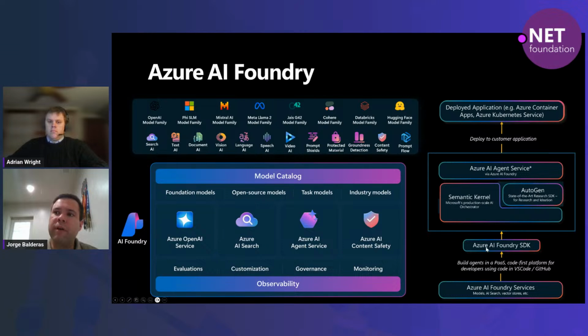The difference is that Semantic Kernel gives you that orchestration, whereas in Azure AI Foundry there's some orchestration you can build manually, but they're also compatible. So you can use Semantic Kernel to call Azure AI Foundry agents as well. And that's actually one of our demos today, where we can tap into grounding with Bing.